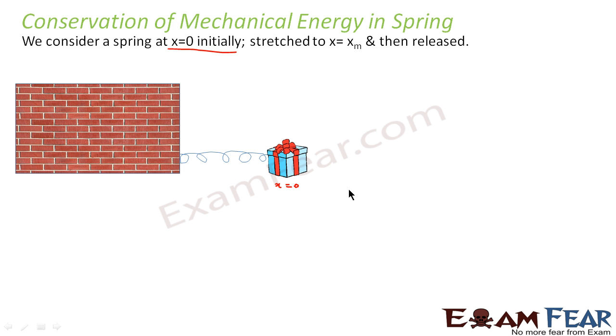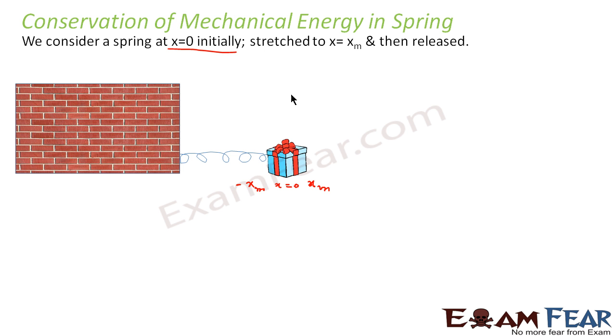Now let us suppose I stretch it to x equal to xm. Just look at how it moves. It will keep moving like this. So let us suppose the maximum point till where I stretched it is xm. It will keep moving about its intermediate position, that is 0, from xm towards this end till minus xm towards this end. We can see it once. See, this is how it is moving, right? It will move between xm and minus xm.